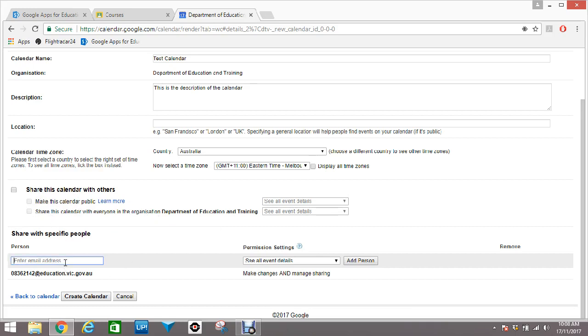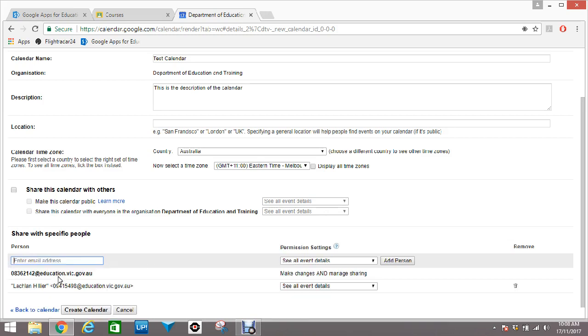Personally, I think it's easier for us to share by typing in the names of the people we want to share the calendar with. So let's say I want to share this with Lachlan Hillier. Type the name in, pops up there. And I'm actually going to set this so that Lachlan can have more privileges. So currently he's set to see all event details. I'm going to set it so he can make changes and manage sharing and all that sort of business as well. Okay, so we've changed that, and now Lachlan will have as much access and control that I do,